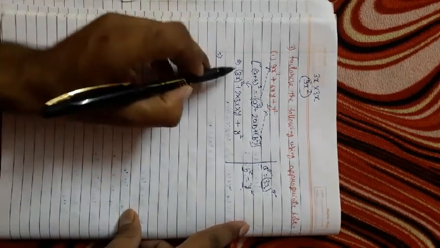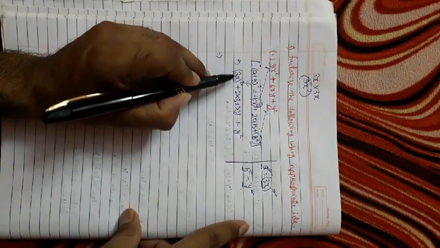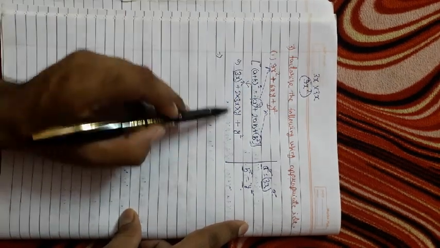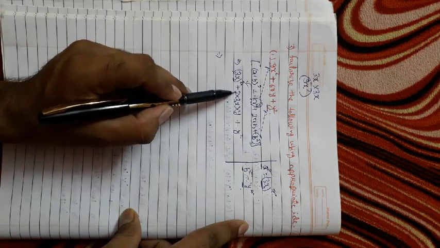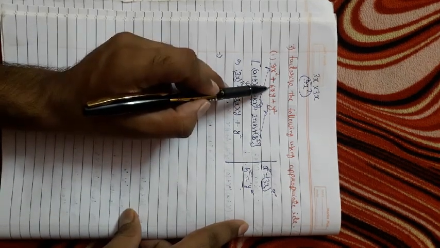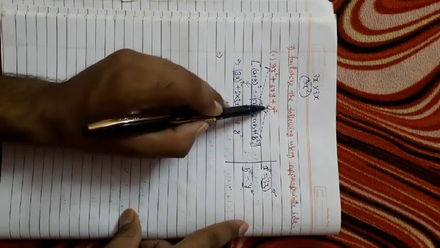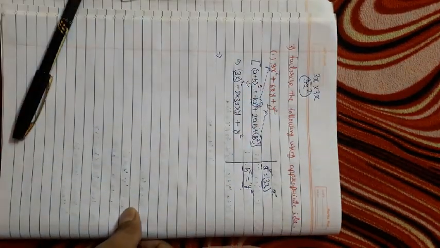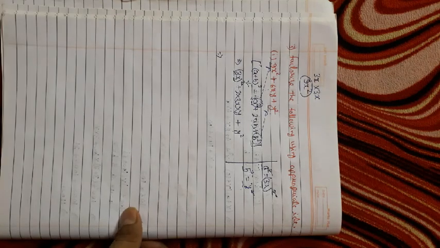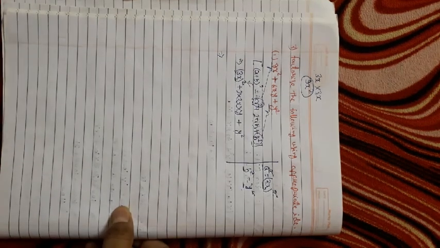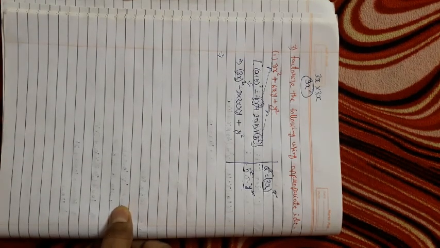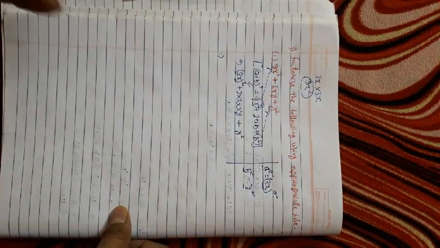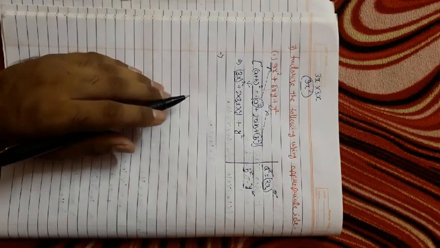So see, when we solve it, 3x square, so 3 square is 9x square, the first term will come 9x square. When we solve the second term, 2 3s are 6xy, so the second one becomes 6xy, and y square is as it is. So when we solve this, we'll get our question. So earlier we didn't think that we have to solve, or whether the second term comes as it is, or it comes directly without solving.